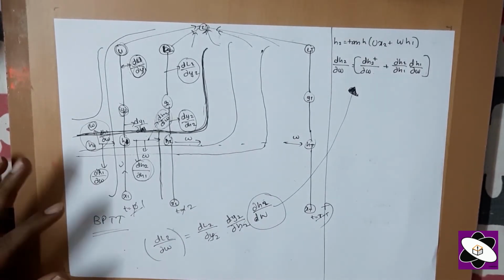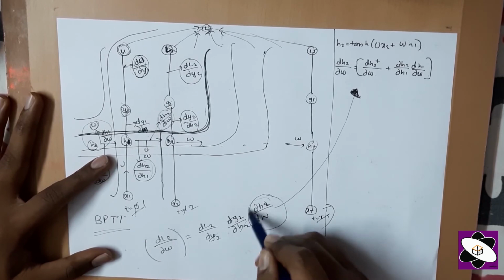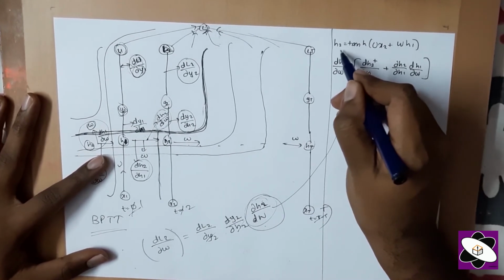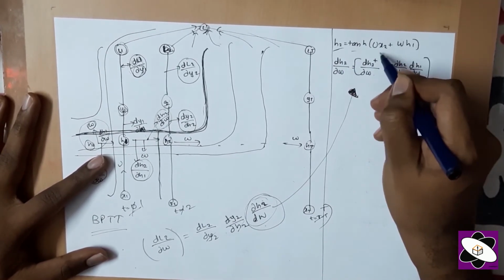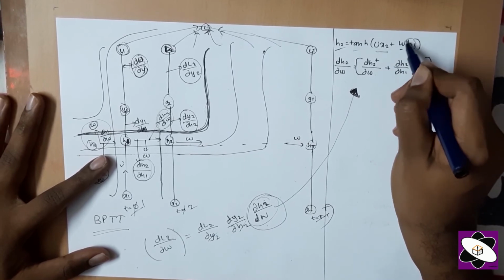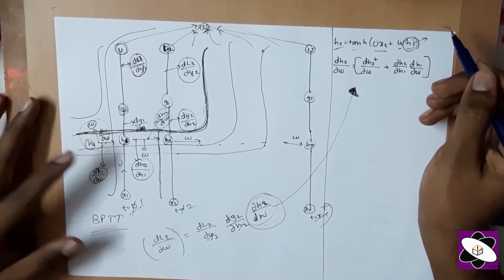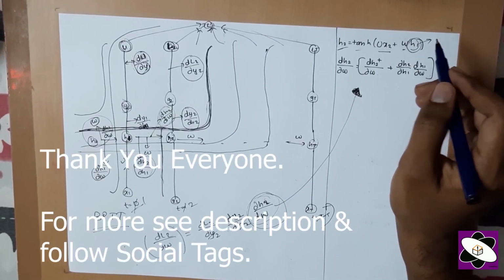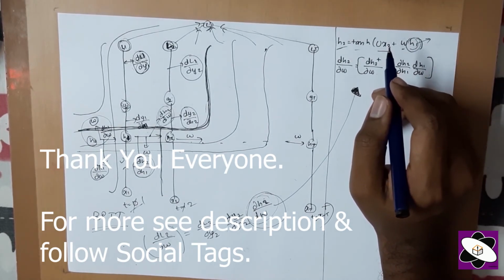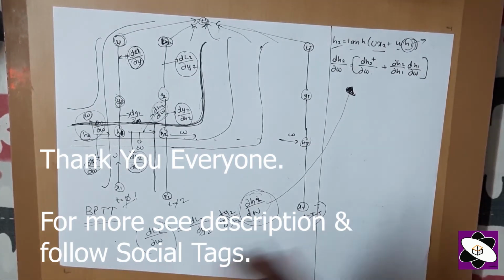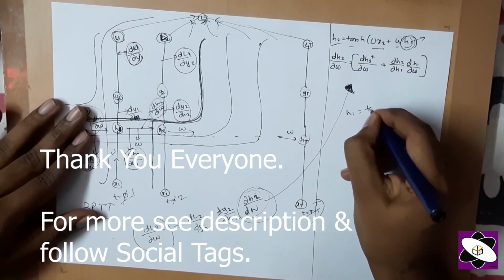Now you might already guess how we'll calculate dh2 by dW. In the h2 equation, tanh of Ux2 plus Wh1, we have h1. Here h1 is not a constant; h1 is again in itself a term. If you want to show what h1 is, h1 is nothing but tanh of